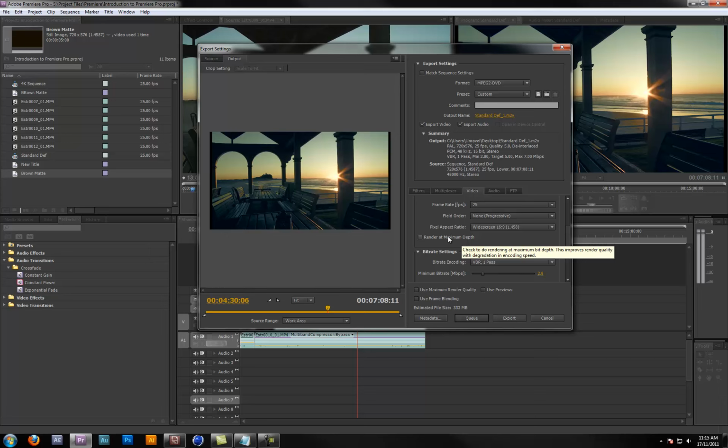So it'll improve the render quality, but it'll also come at a penalty because it's going to take longer and it's going to use more memory while it's doing it. So if you're doing final export, say it's your render that's going to TV or to web or wherever, make sure you've got render at maximum depth checked because you obviously want to make sure that the best quality is